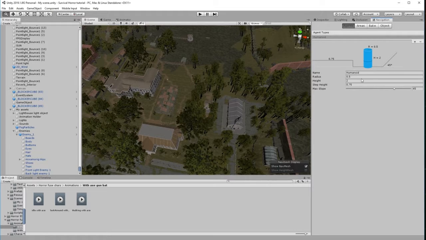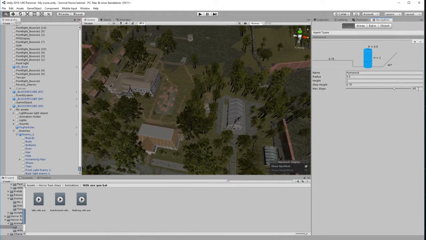So at the moment it's 0.75. If this was something like 5 meters, it would mean that the mesh could accommodate for that. So anything that is, let's say, 3 meters tall, the mesh would understand, well, the character can walk straight over that. So this tells it how high objects have to be before it excludes them from the walkable areas, and